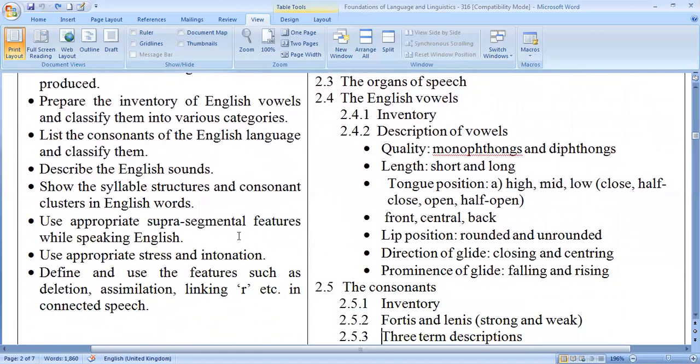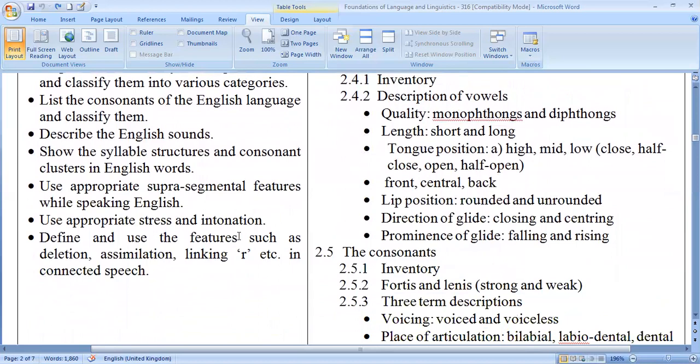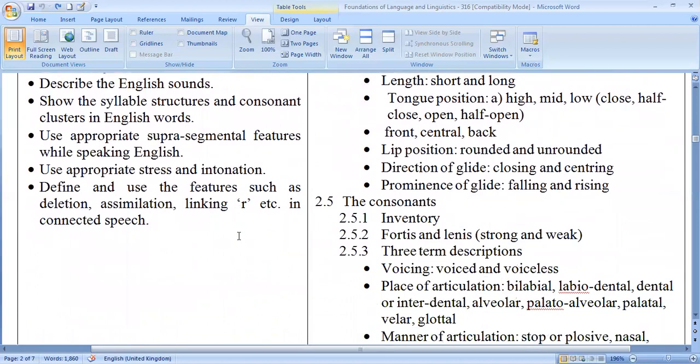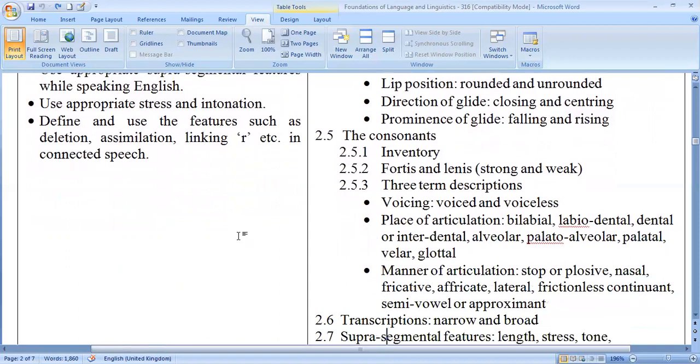Then the consonants. Under the consonant sound inventory, that is fortis and lenis, strong and weak consonants. Three-term description of consonant sound: voicing, voiced and voiceless consonant sound, and place of articulation, that is bilabial, labiodental, dental or interdental, alveolar, palatal, velar, glottal. Then next, manner of articulation: stop, plosive, nasal, fricative, affricate, lateral, frictionless continuant, semi-vowel,